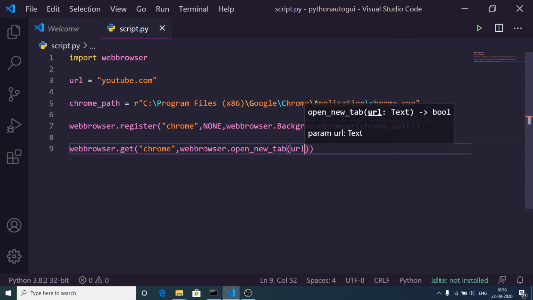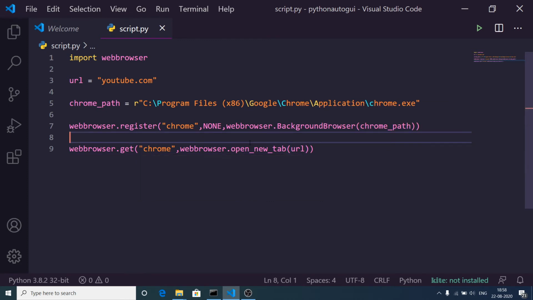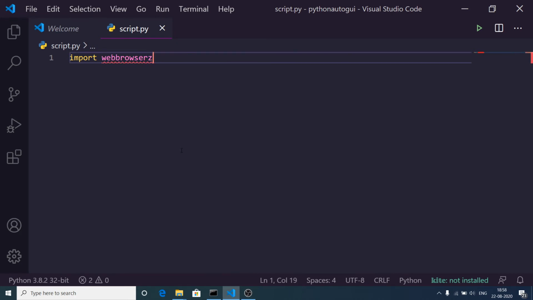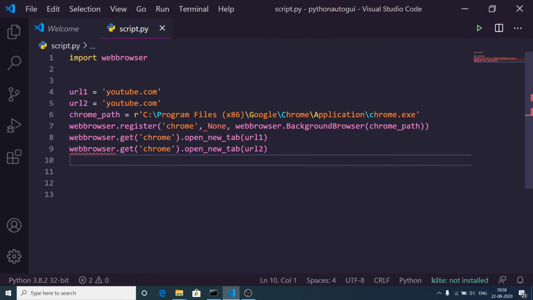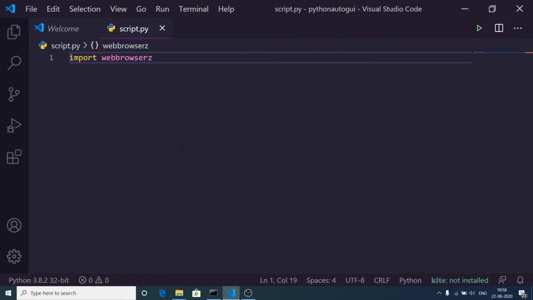That's it. Basically this will open a new tab inside your Chrome browser and it will open youtube.com. So what is the problem? Let me just see, guys, just wait. Oh sorry guys, we need to chain it. Let me once again do this.